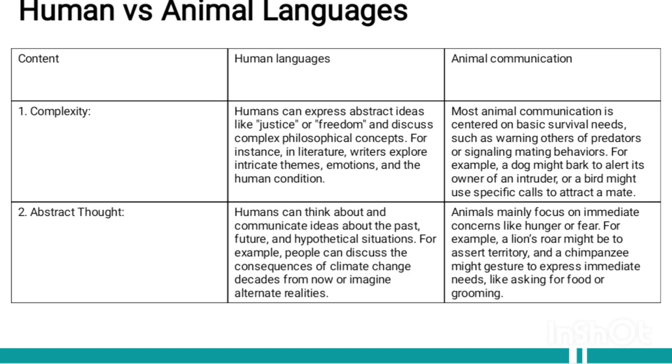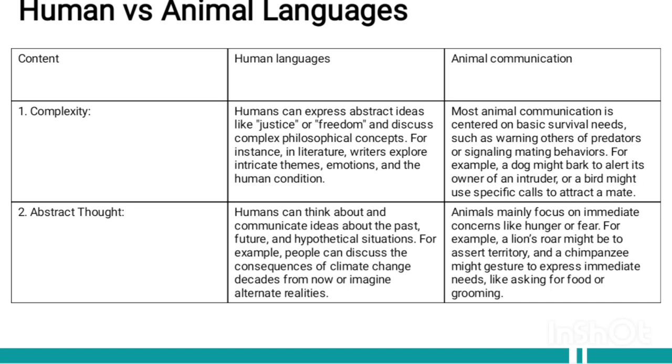Language allows humans to convey these intricate concepts through words, stories, and discussions. For instance, in literature, writers can delve into the complexities of human emotions, relationships, and the human condition, creating deep, nuanced worlds. This ability to explore various dimensions of human experience through language is one of the key features of